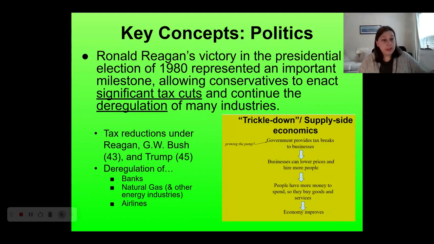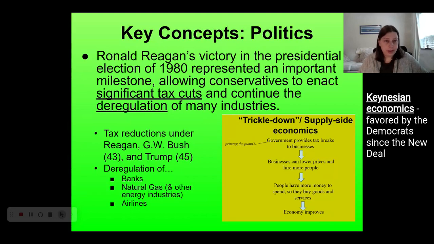The Democrats, since the New Deal, have been very committed to an economic theory of government's role in the economy that's usually called Keynesian economics, or sometimes pump priming economics. It basically said that when there is a recession, the government should put money into the economy by giving jobs to working class people, provide stimulus, do deficit spending, so printing and spending money to float the economy upwards. That has been the basic Democratic Party answer to what we do in a recession since 1933, since the New Deal.